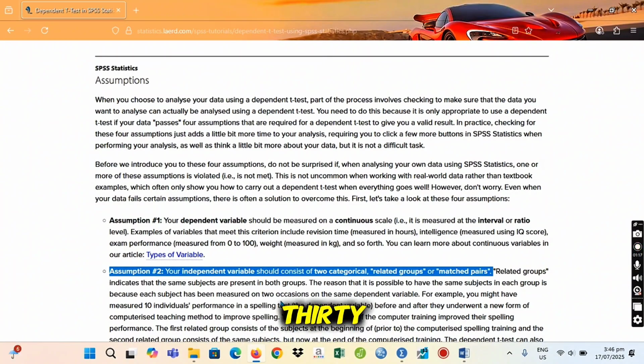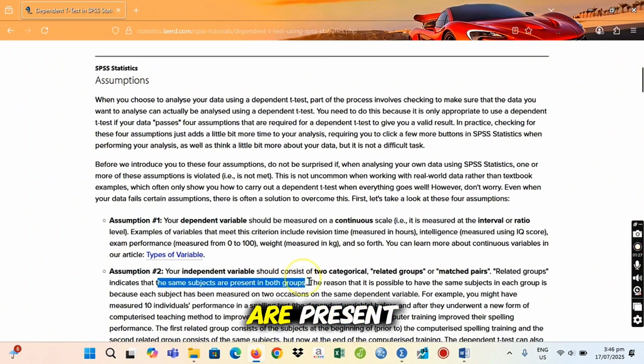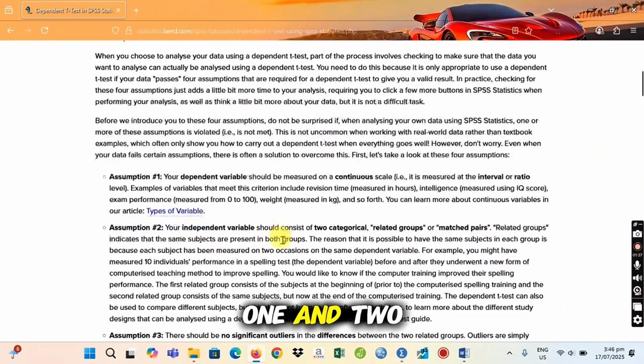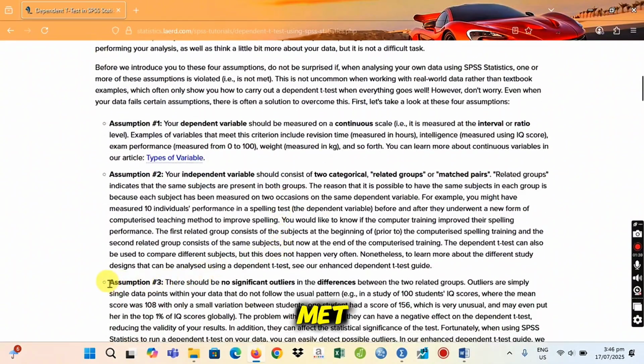So for the 30 people, we have the pre and then we have also the post. So it indicates the same subjects are present in both groups. So both assumptions 1 and 2 are met.